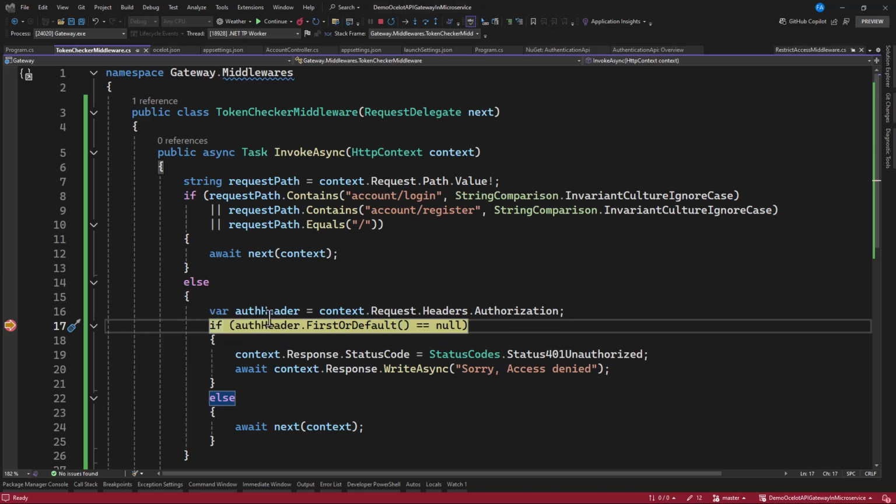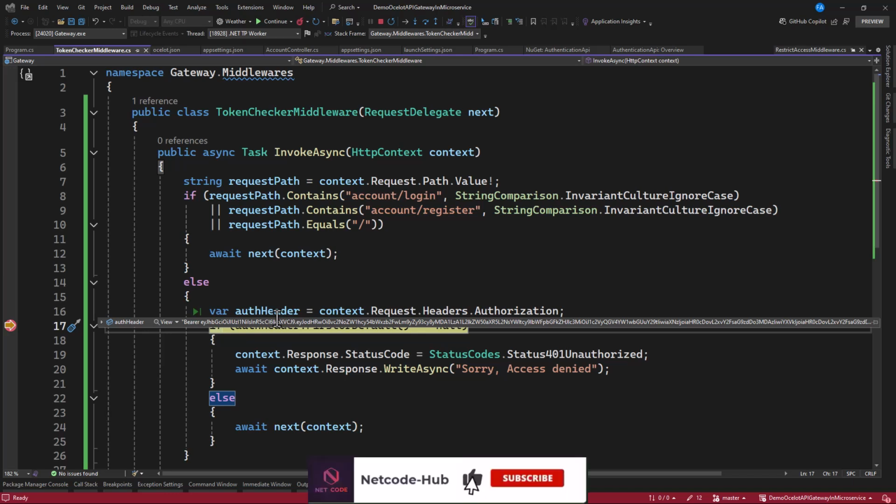All right. So we have successfully added JWT authentication to our microservices architecture using Ocelot as our API gateway. So by doing this, we have significantly enhanced the security of our application, ensuring that only authenticated users can access our services, that is, the user service and also our weather service. Remember, implementing security measures like JWT authentication is an ongoing process. So stay tuned for more videos where we will dive even deeper into securing our application and exploring advanced techniques.